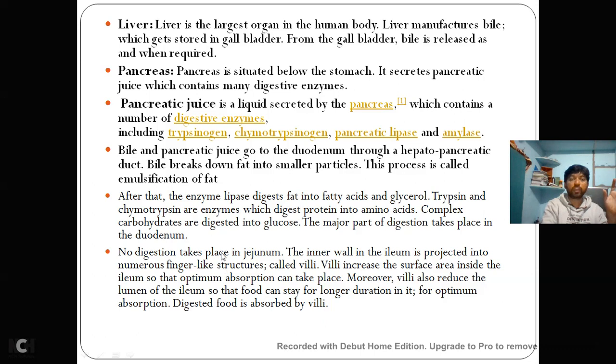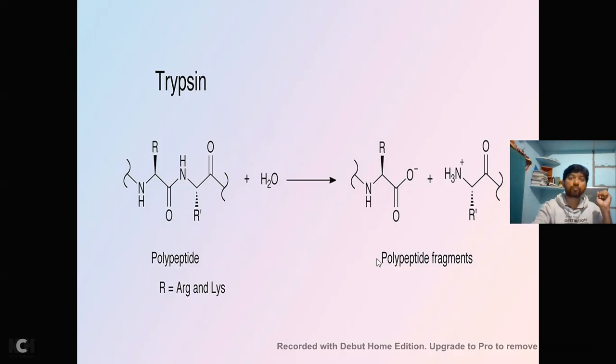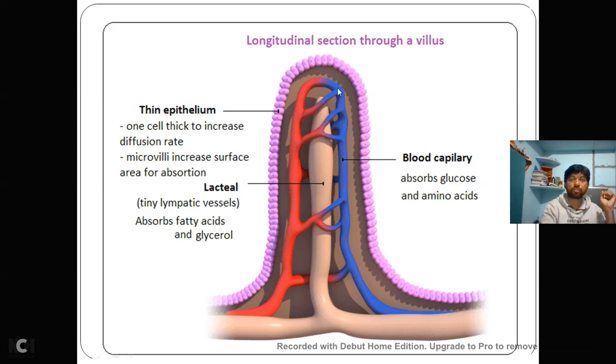Right? Then, when the micromolecules reach the jejunum, the inner walls of the ileum are projected into numerous finger-like projection structures called the villi. Here the absorption takes place. Right? Let us see the villi. This is the structure of villi. See here,